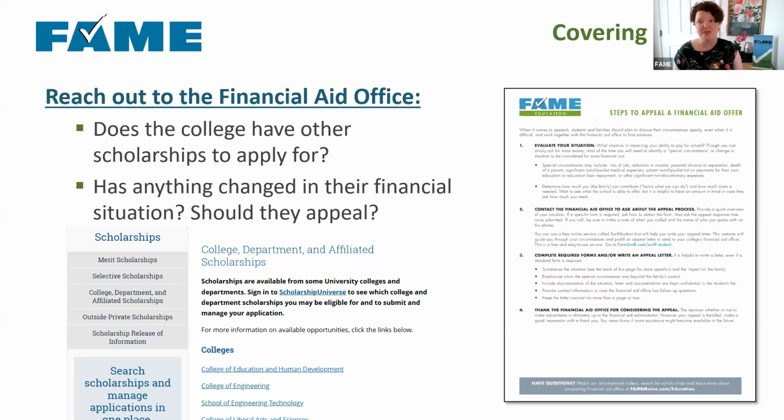And so there are two versions of appealing. On our website we have a tool that will walk students through the steps to appealing their financial aid offer. This really talks about doing that if you have some kind of outstanding financial situation that might make it harder for you to pay for college than for other students. But I think it is useful for most every student where the college is not meeting 100% of your need. It is worth sending them a message, usually an email from the student to get started.